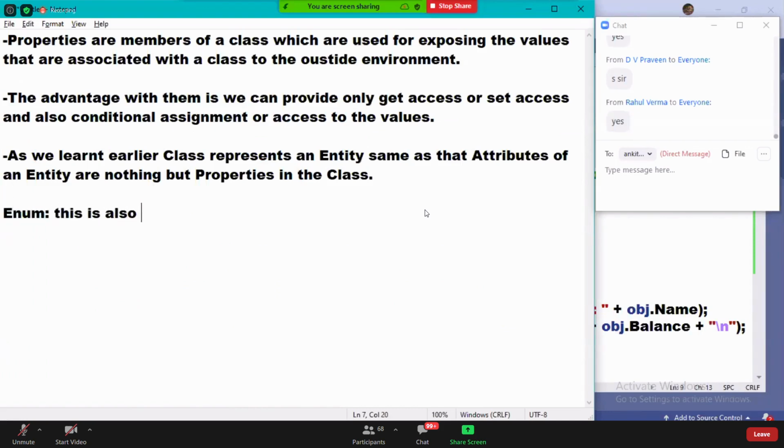This is also a user-defined type. Guys, we have 5 user-defined types. Till now, we have learned 3: class, structure, interface. The 4th one is enum, and the 5th one is delegate. Now I'm telling you enum, guys. This is also a user-defined type, used for